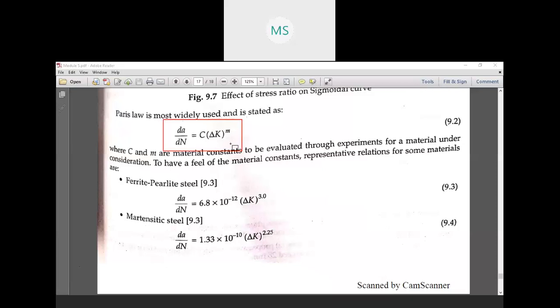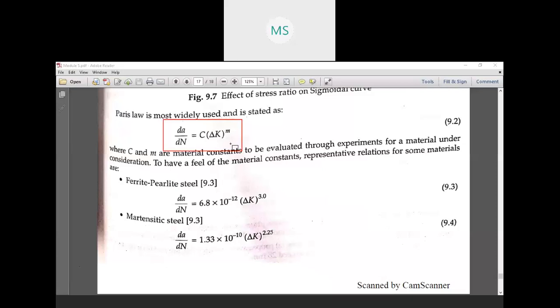And what is C? C is the material constant. What do you mean by material constant? It tells the type of the specimen which we are using, the parameters of the material that influence it. That means its length, width, height, and the value of Young's modulus of that specimen. All those constants combined together will give you the value of C.